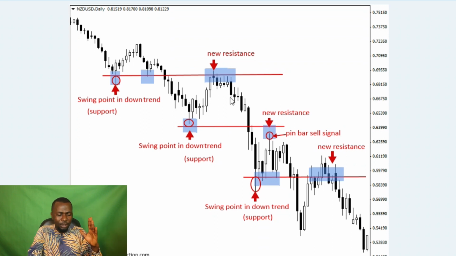You see how it works. So when it goes down, it breaks again below this support, right? When it breaks below this support, you know that this becomes an area of value, because when a price breaks below support, that support becomes resistance. So what do you now do? You wait again for the price to make a retracement to this support turned resistance,